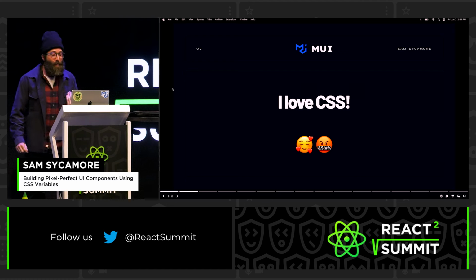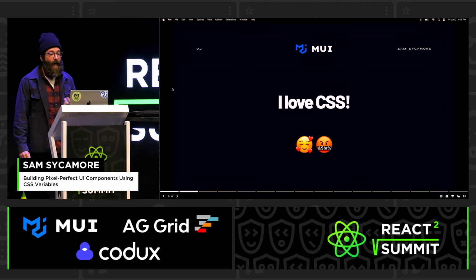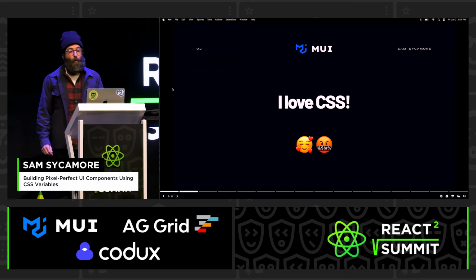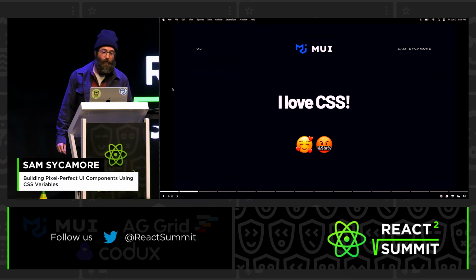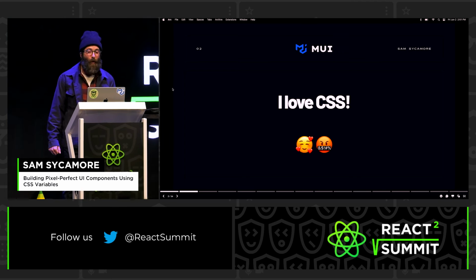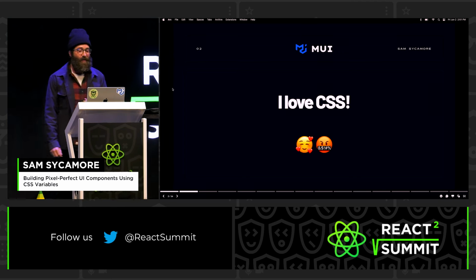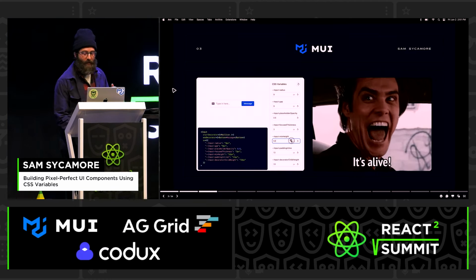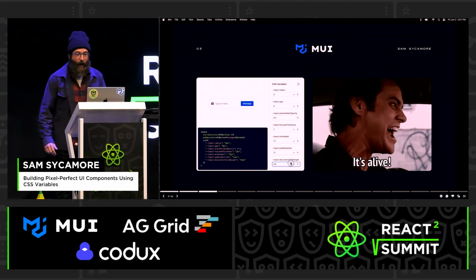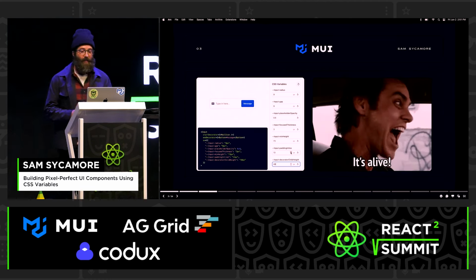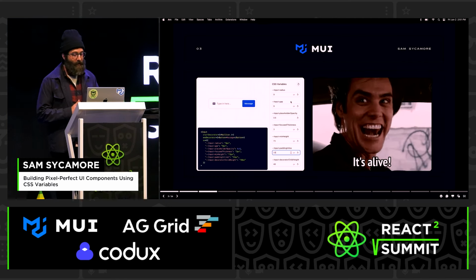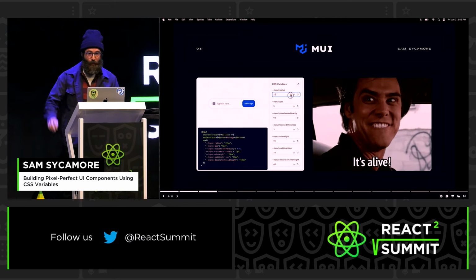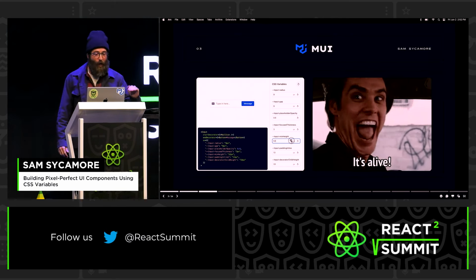Specifically, the thing that I'm really excited about lately is CSS variables and all the possibilities that they open up for us as UI developers. At MUI, we're leveraging the power of CSS variables to deliver a developer experience that sparks joy and delight when customizing React components. With CSS variables, we can essentially create components that are aware of their surroundings and automatically adapt to match the styles and structures of their parents and children. And best of all, this is all happening in CSS, not JavaScript, right? Like, don't send JavaScript to do CSS's job.